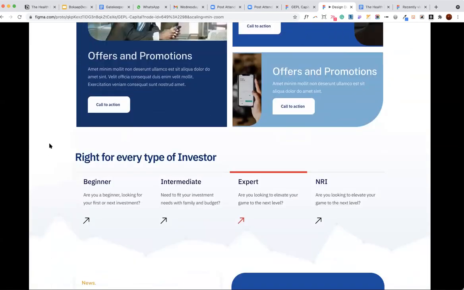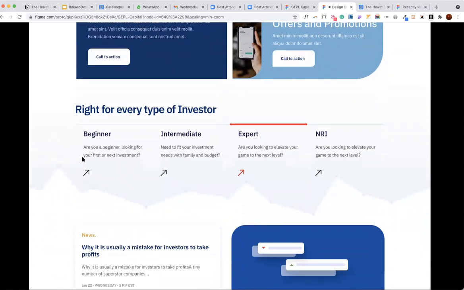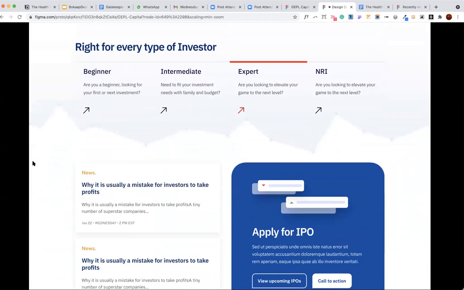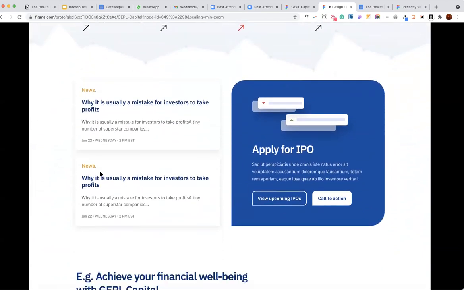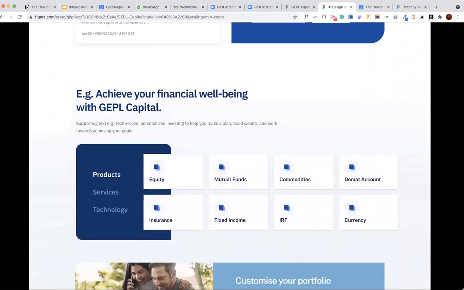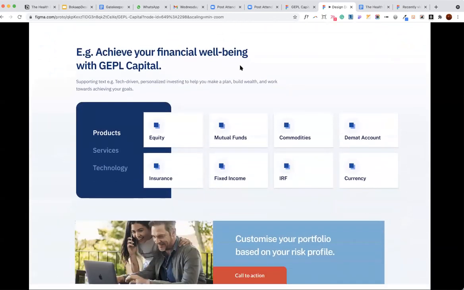Okay. So as you scroll down, then you have, again, the right type of every investor. You hover, click, you go to that particular page. You scroll down, GEPL Capital News, apply for IPO. There's a different version for the product, services, and technology.